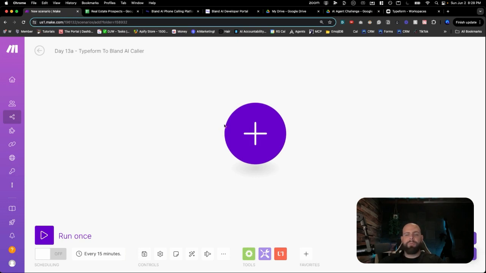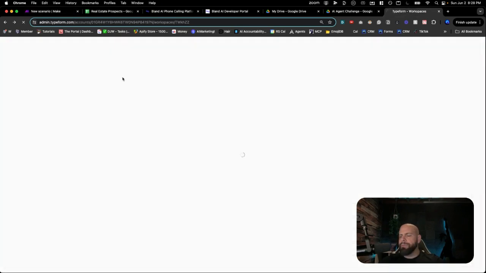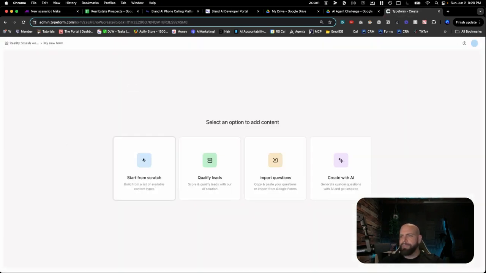Okay, so we have the form here. And what we're going to do is hit save right now for this scenario, and then we're going to go over to Typeform, and we're going to make a Typeform for a real estate listing. Now if I go here and I hit create new form, I'm going to open this up, start from scratch,